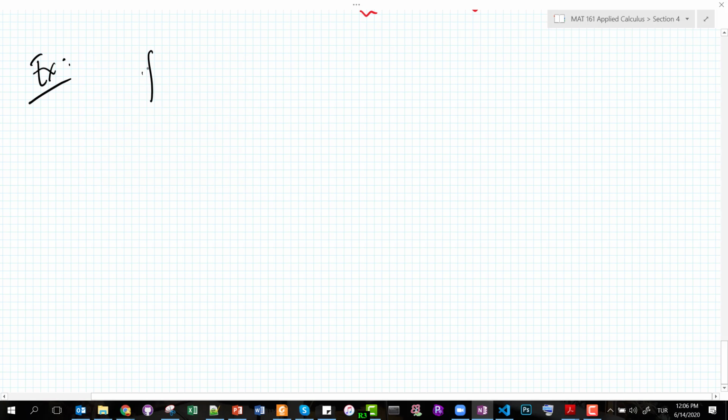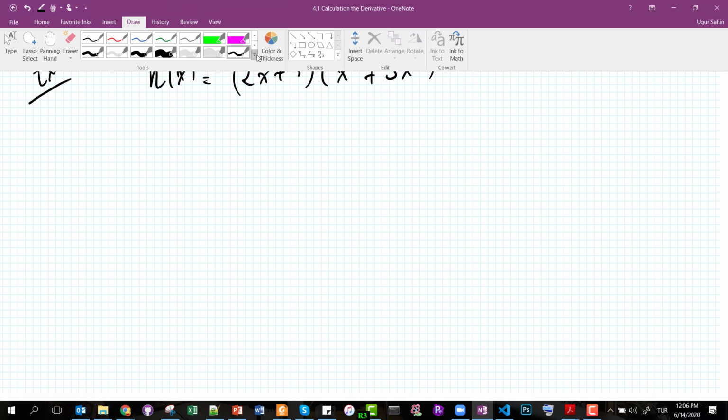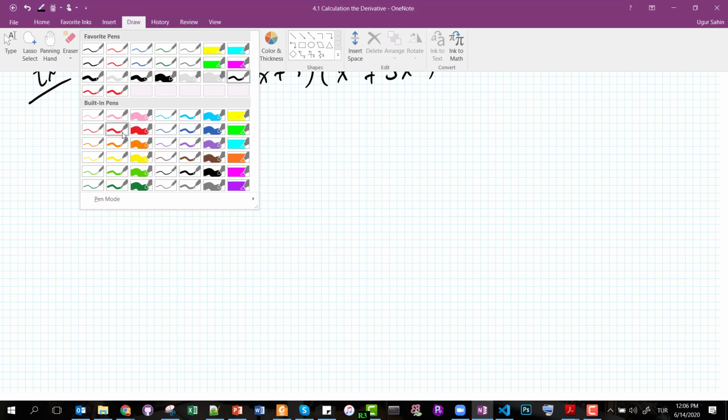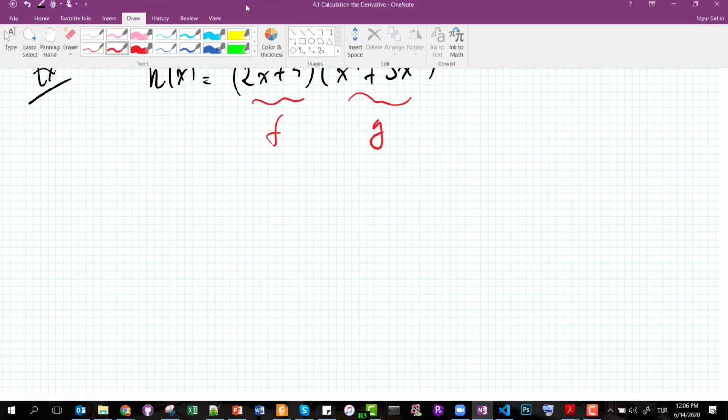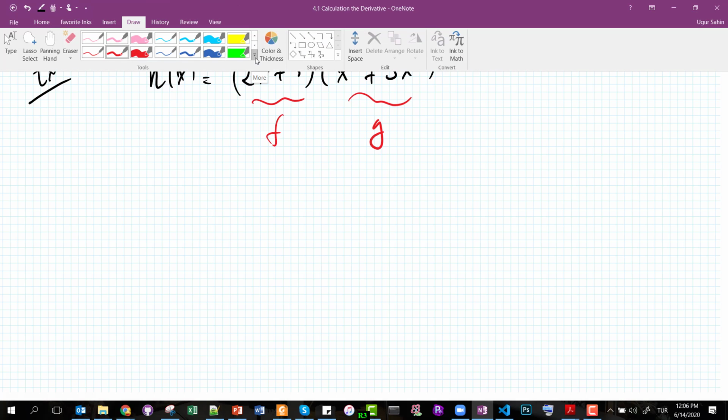Example will include the derivative. So we can use a different name, h of x, equal to 2x plus 5 times x to the 4 plus 3x squared. As you see, I have two functions multiplied. This is my first function, okay? This is my second function, as you see. The rule says what I should do when I have two different functions. What I should do first,